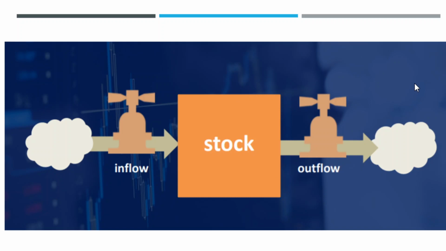So, yun. Sa inflow, these are the events na nangyayari to produce, na ang effect niya is madagdagan yung stock. Outflow naman, events na nangyayari para mabawasan yung stocks mo. So, for example, inflow ng cash, di ba? Pag sinabi may inflow ng cash, madadagdagan yung stock mo. May outflow ng cash, nabawasan yung pera mo. So, it's simple, okay?